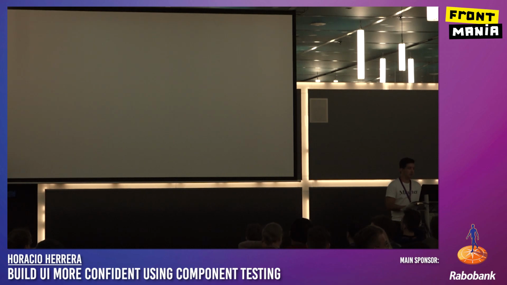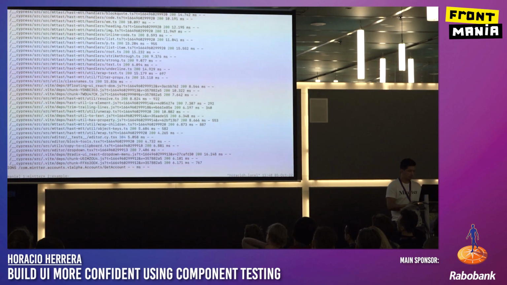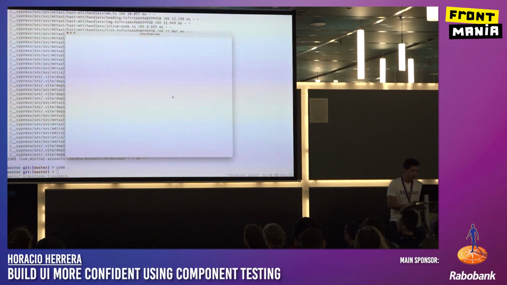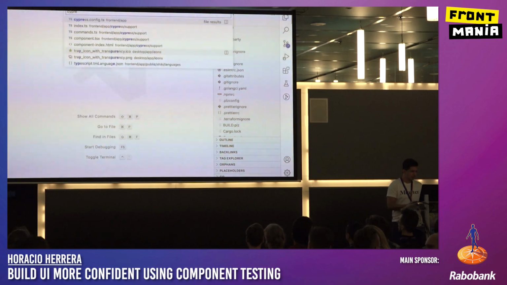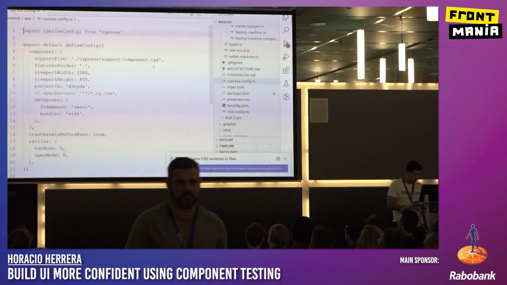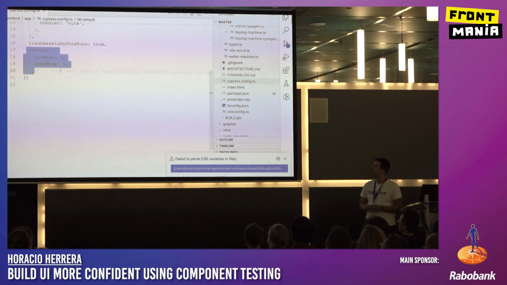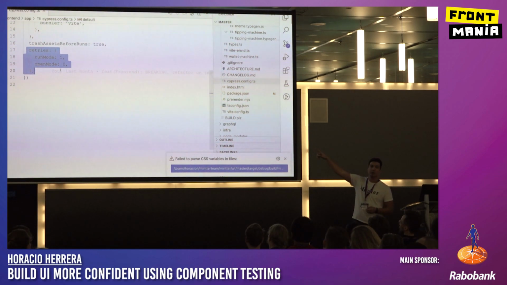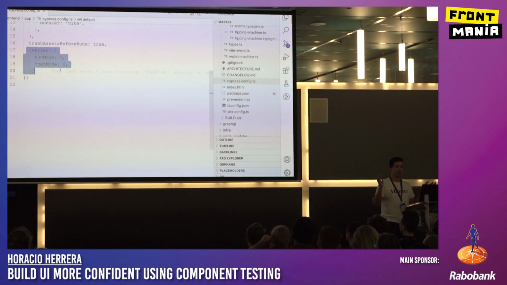Let me go to my application. Actually, I didn't show you Minter. Let me just go to Minter and say Cypress, maybe Cypress config. So here. In run mode, which means headless, there's no UI involved, we have 5 retries. And in open mode, which is when you run it locally, there's no run mode and there's no retry. So if it fails, it's going to fail.